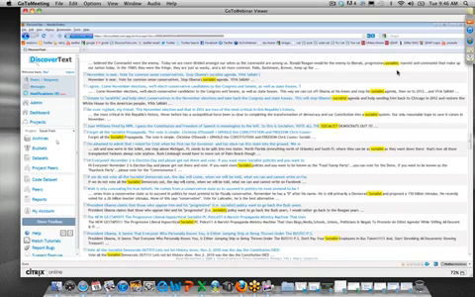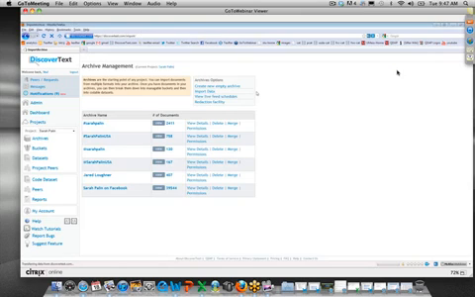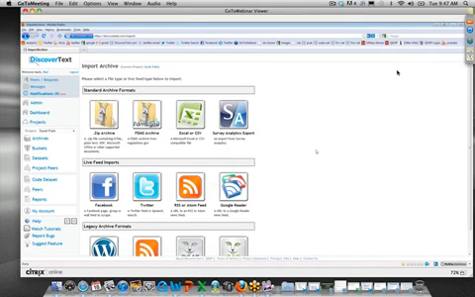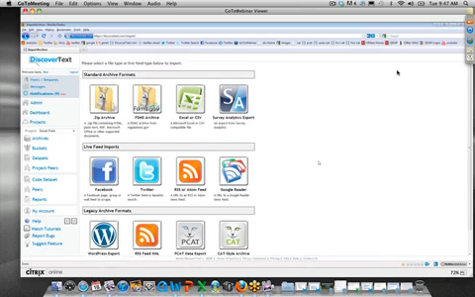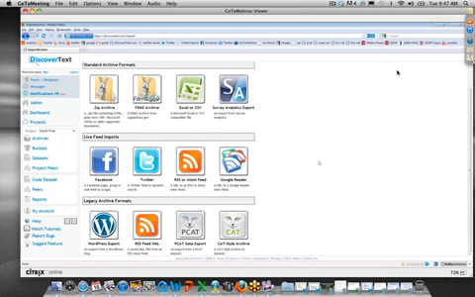Okay, so another question. I think you may have answered this. Can DiscoverText read SPSS files? Not currently, but if that was something that you wanted to have show up on this page, I think SPSS has a CSV export, so it's quite possible that you could do it via CSV export. But yes, I'd like to see an SPSS logo here so that you could take a file straight out of SPSS and put it in DiscoverText. That would be a very good idea, and we'll do it.